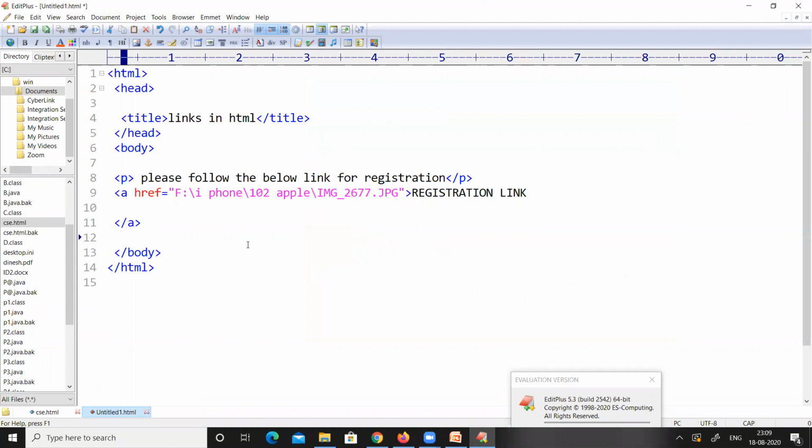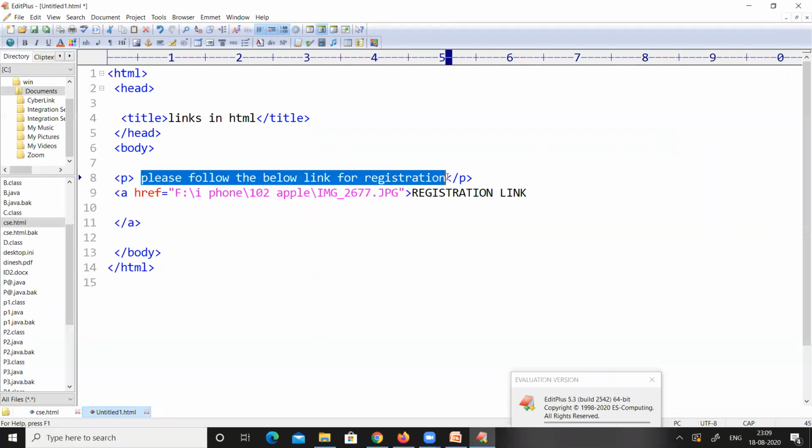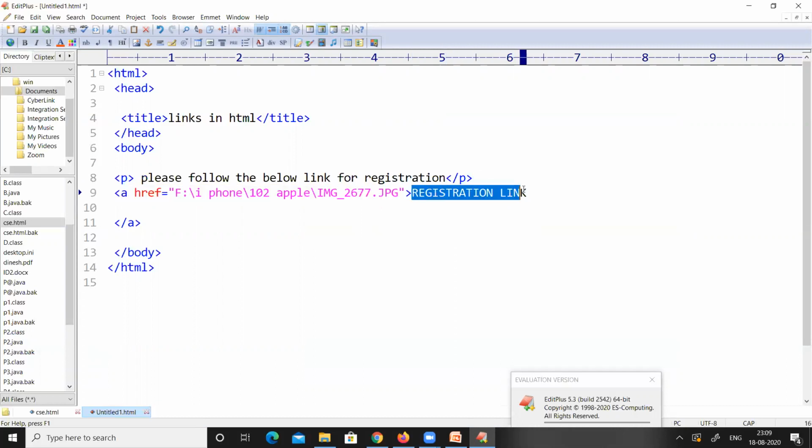Now on your web page, these two things are going to be displayed: "Please follow the below link for registration," which will appear as a paragraph, and then something called the registration link, which will be in blue color.